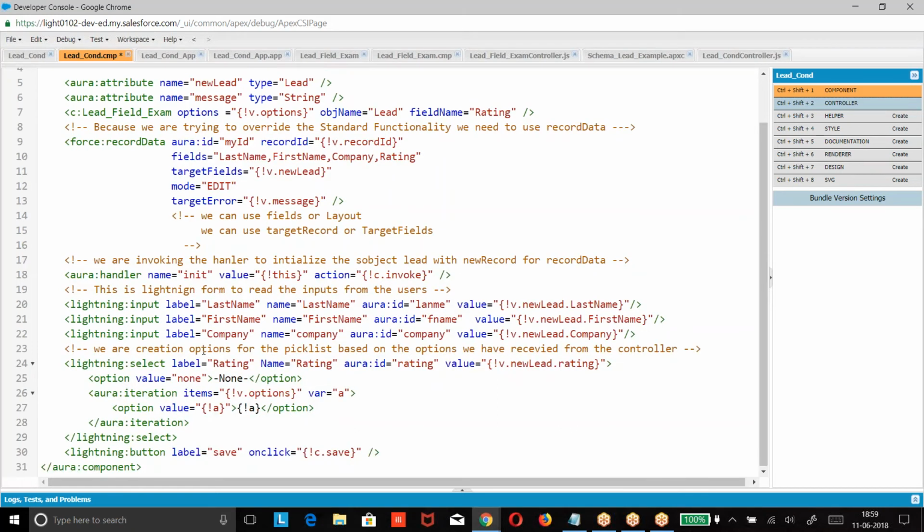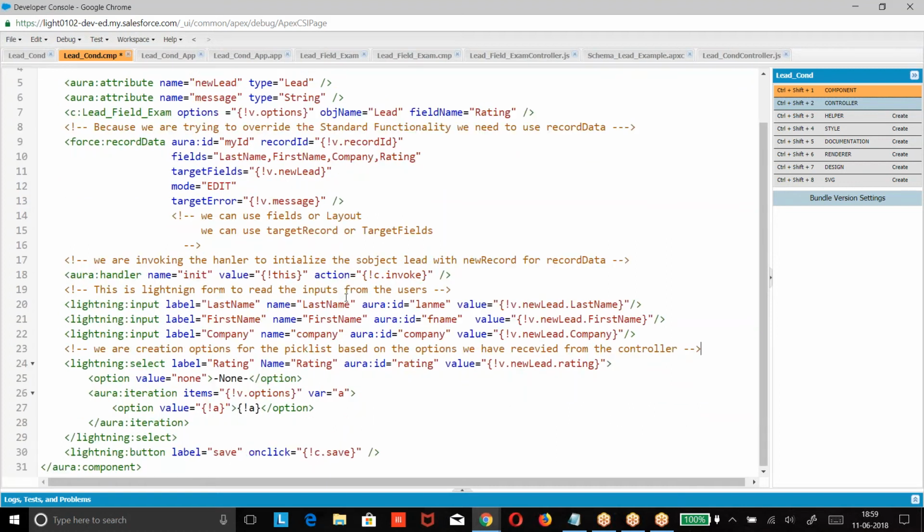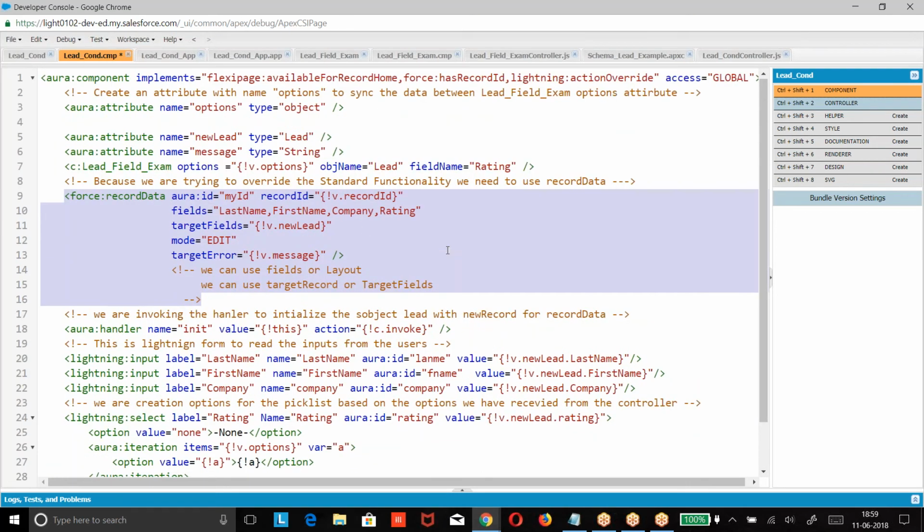So first I have done syncing, the example of data syncing. Then I showed fetching the data and showing it dynamically. Third, I have done record data. Fourth, I have done inserting the data, initializing the data, and creating the record.